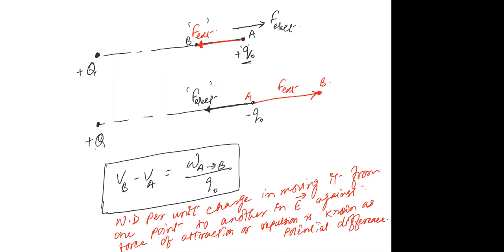ठीक है, और ये क्या है? बेसिकली जब आप एक चार्ज को you move it from one point to another point in the same electric field, then this is known as potential difference. बट अगर आप ऐसा सोचो बेटा कि इफ वन ऑफ द पॉइंट इज एट इंफिनिटी, मतलब क्या है, मतलब ये है कि देखो एक चार्ज है, ये सोर्स चार्ज है मान लो, तो इसकी इलेक्ट्रिक फील्ड कुछ डिस्टेंस तक होगी।